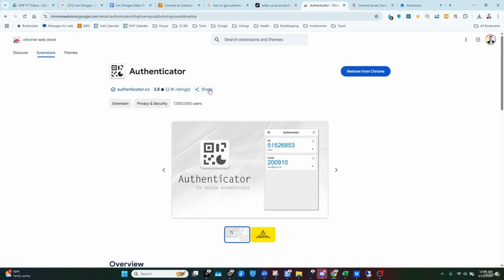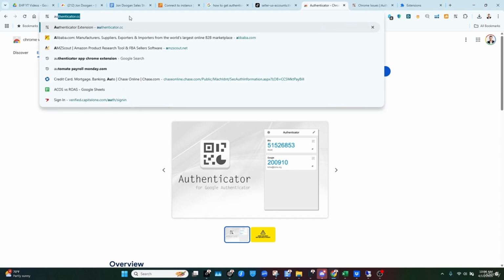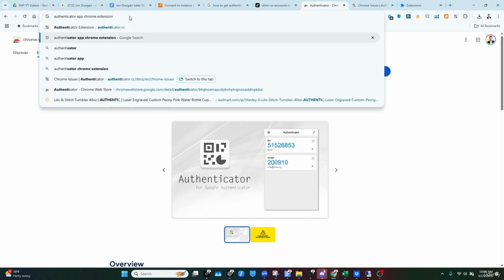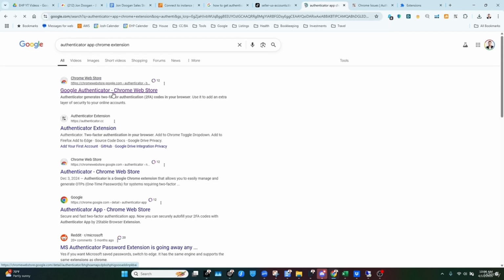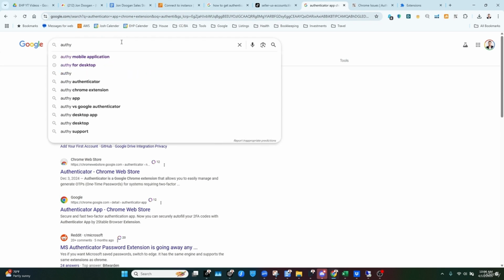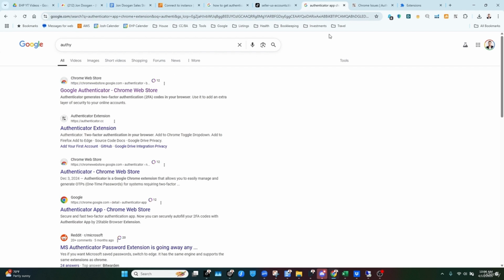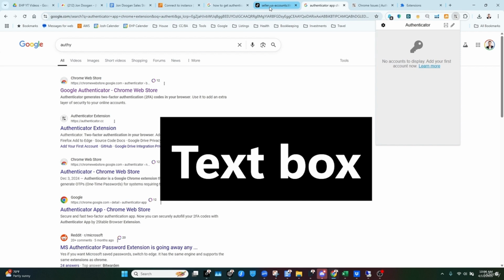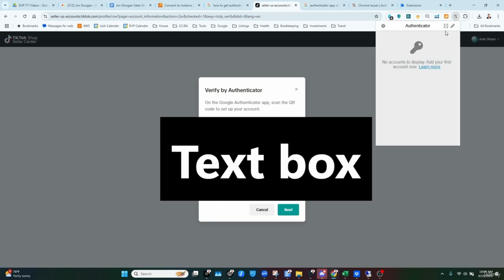And then just type in authenticator Chrome extension, right? You can use the first one, whatever, or you can use Authy. Authy is also really good. It's actually in your app store for all iPhones. That one's even better. But this is one, and you can just scan a code. So you'll go back here, scan the code,